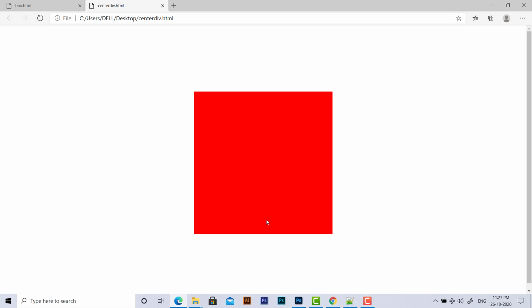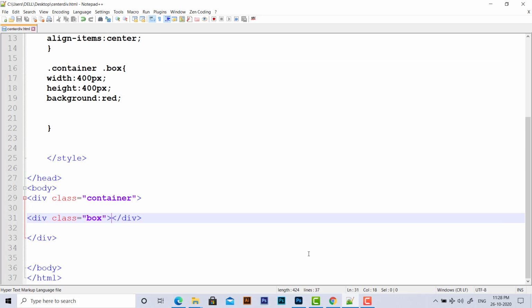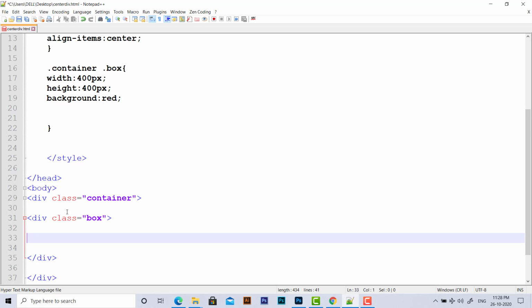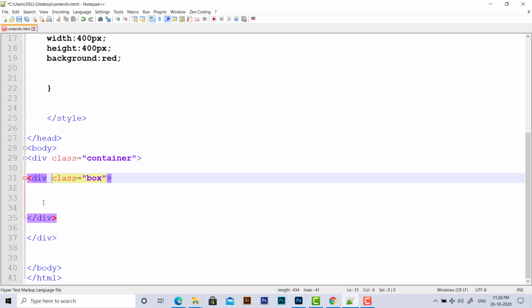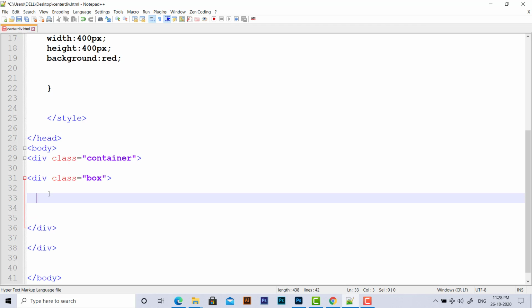Now let us create one more div, and this time we are going to put the div inside this red color div. So I am going to go inside this box div and create one more div, that is box2.